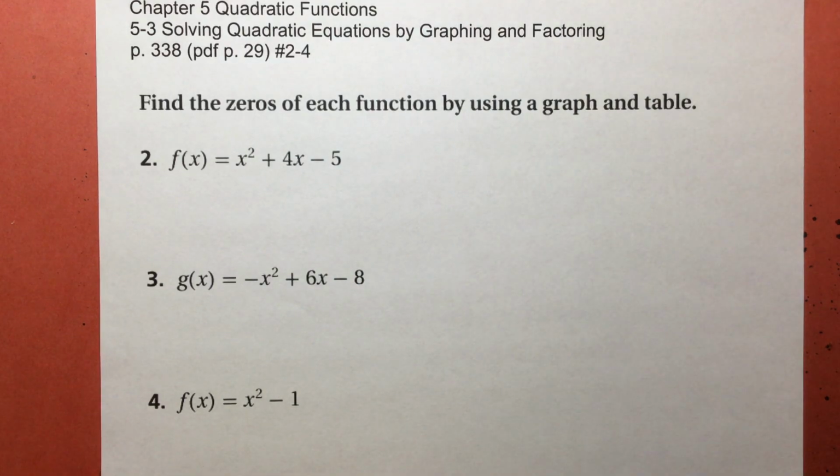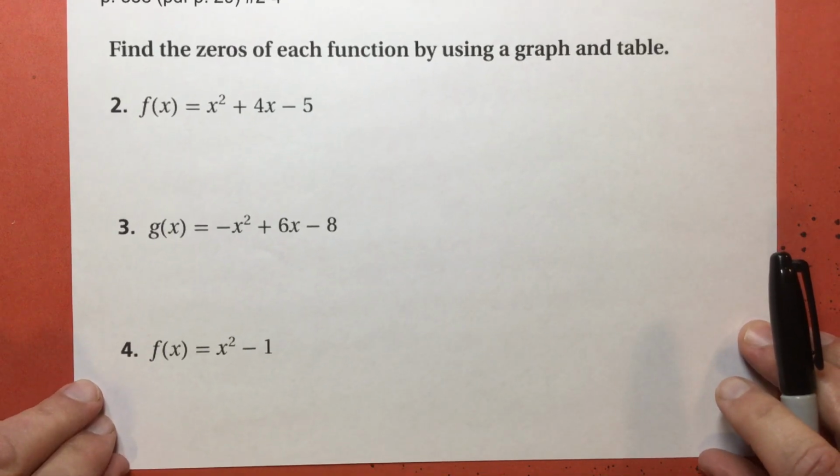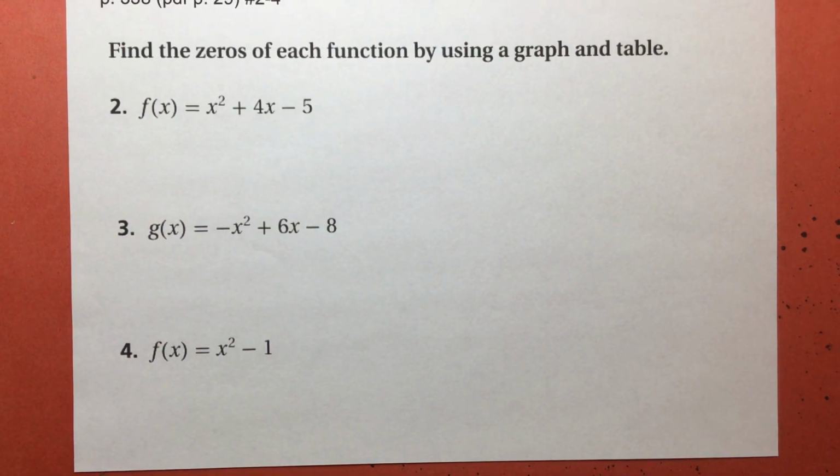Hello, we're doing Chapter 5, Section 3, Solving Quadratic Equations by Graphing and Factoring. I'm doing the guided practice problems from page 338, which is the PDF page 29. And we're going to do problems 2, 3, and 4, where we find the zeros by graphing. And I know it says also by a table. That's okay. All right, now,